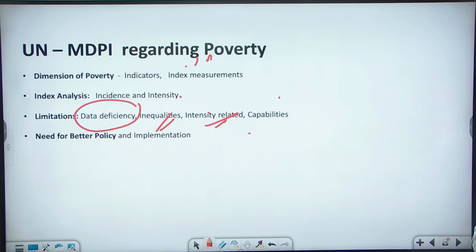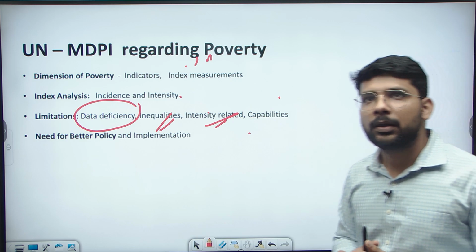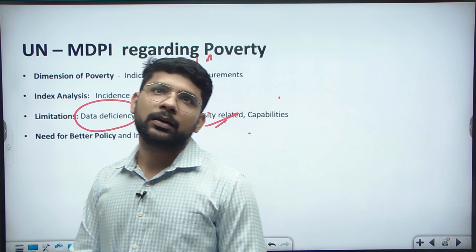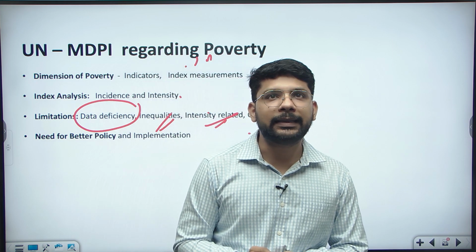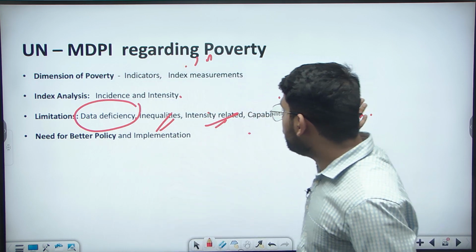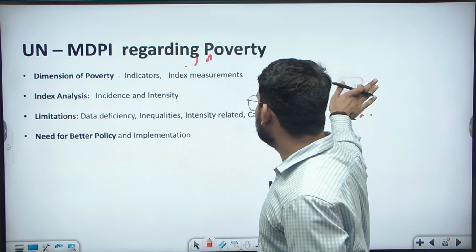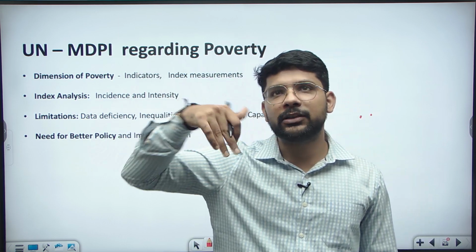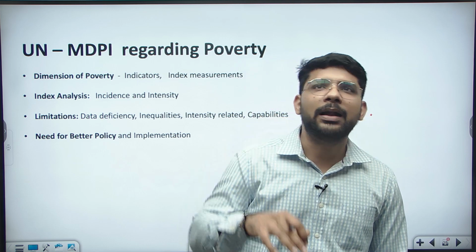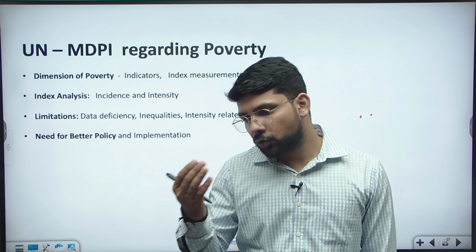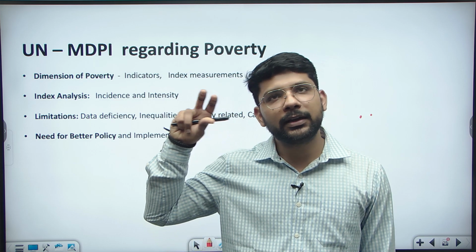And the data deficiency is specifically that the 10 indicators are not sufficient. And in the case of the intensity, we need to focus on the head count ratio. In the head count ratio, we need to focus on how many numbers there are, in which area there is poverty. In the incidence and intensity, if you see the South African countries, in the African countries there is higher malnourishment, there are anemia cases, there are low poverty lines. So there we specifically need to focus.